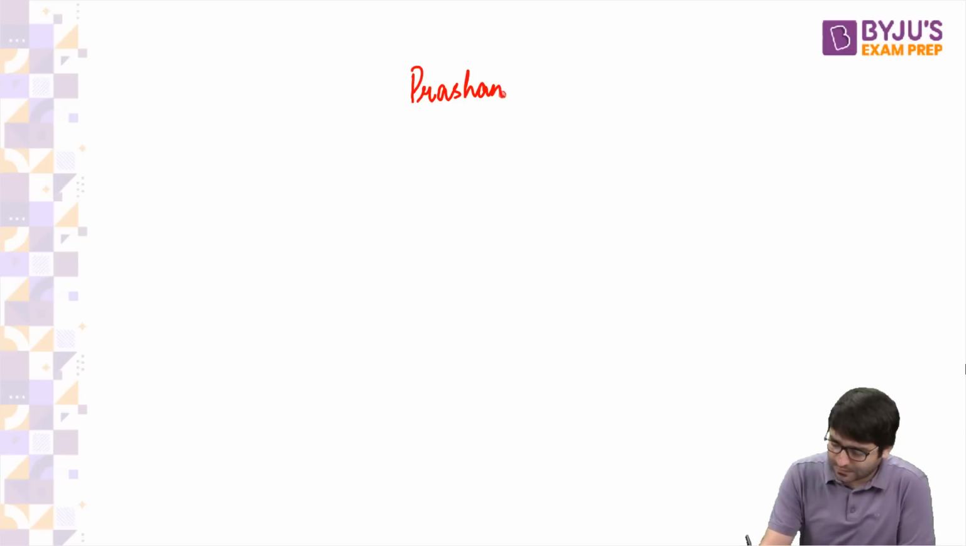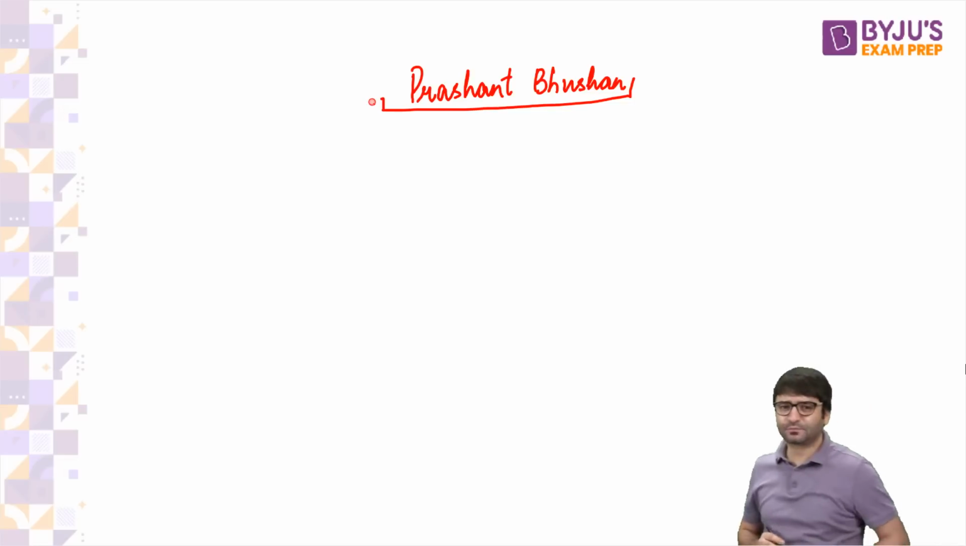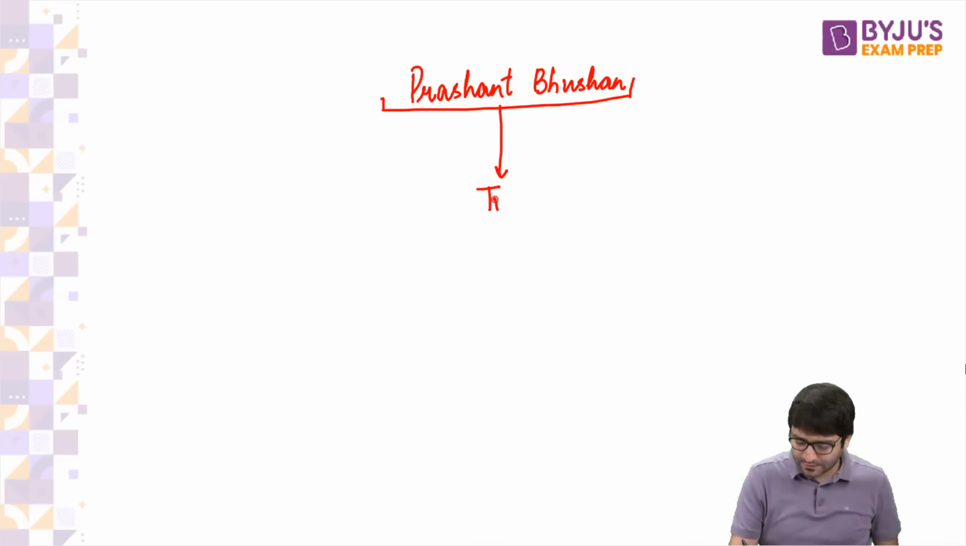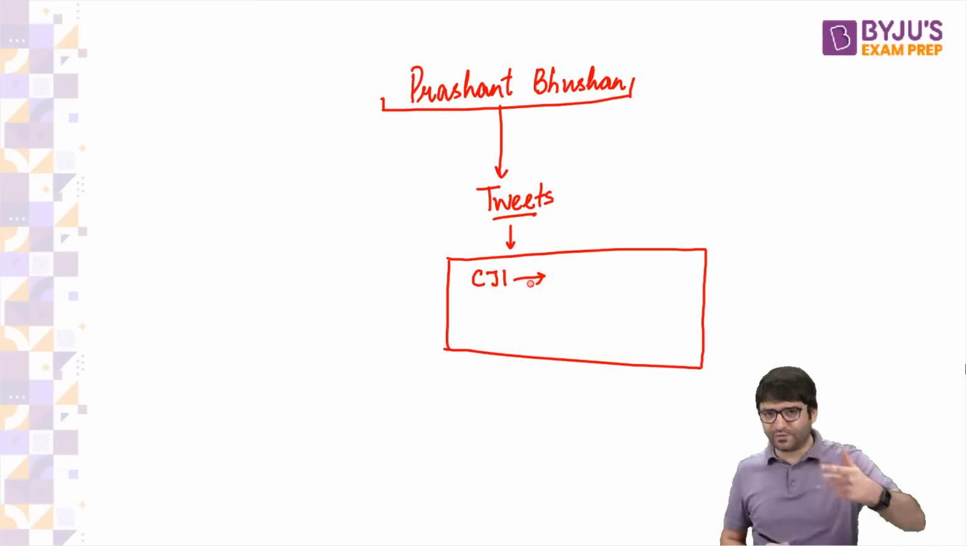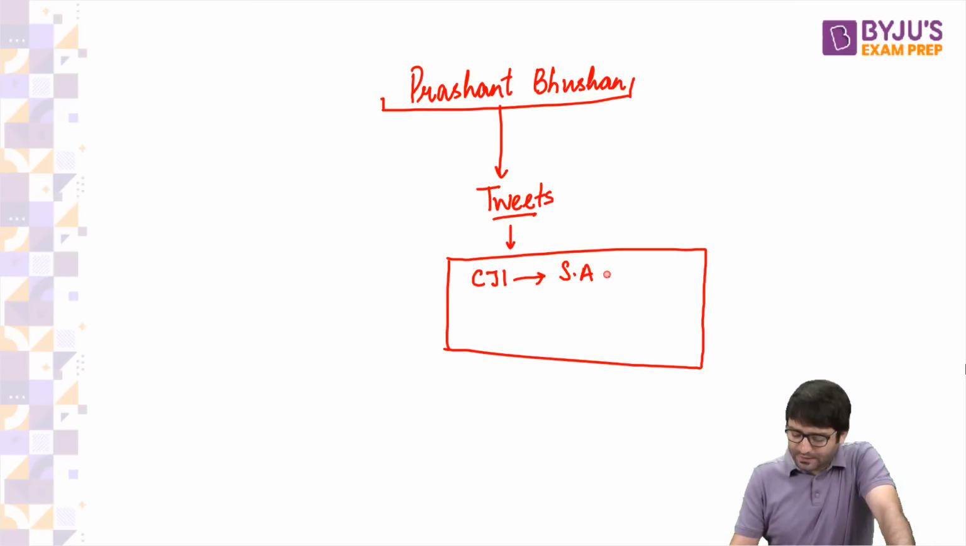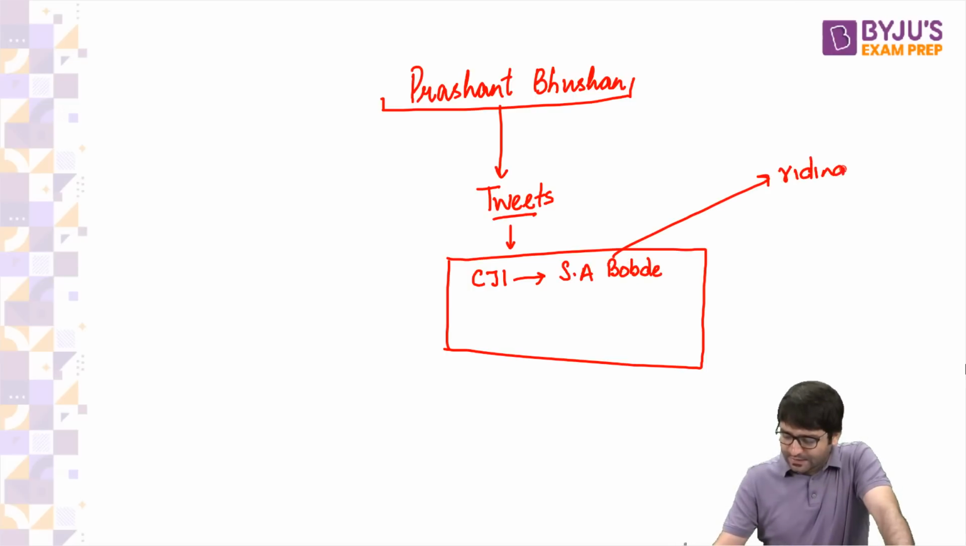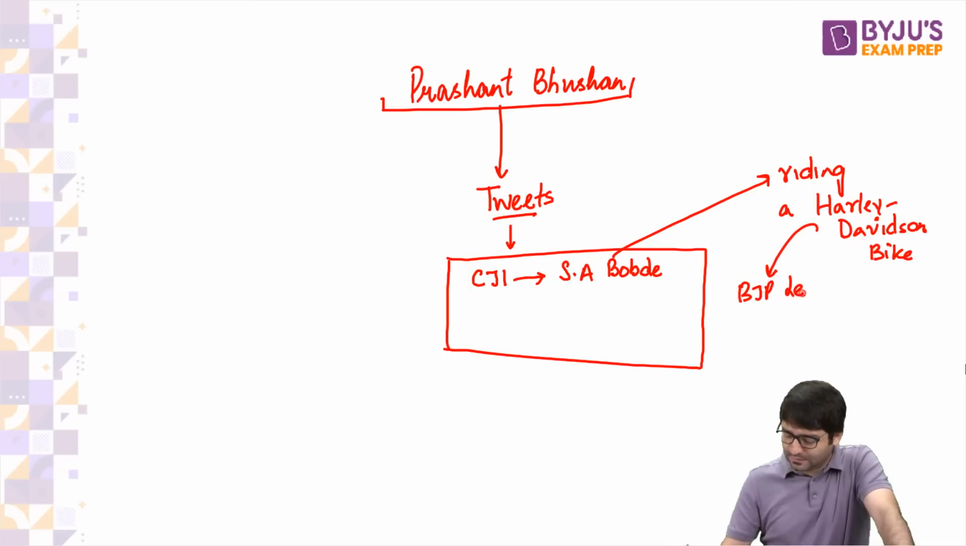Prashant Bhushan, a noted Supreme Court lawyer as well as an activist, he tweets something. What does he tweet? He says the then Chief Justice of India, Sharad Arvind Bobde, is riding a Harley Davidson bike which belongs to a BJP leader, that too in Nagpur,